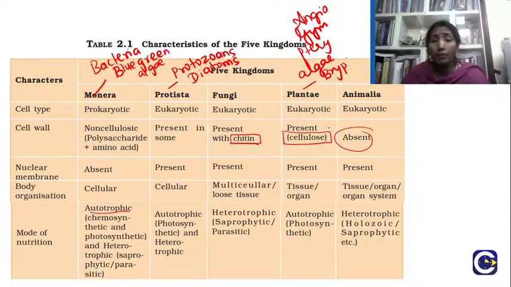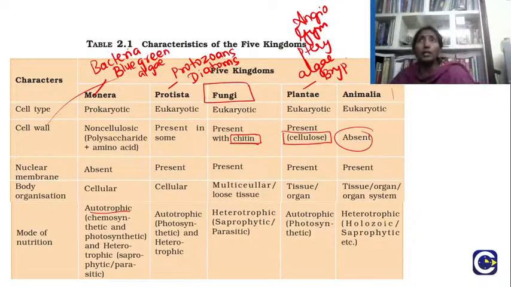Okay, then we have what is called the kingdom Animalia. They are only the eukaryotic animals, all were included in that kingdom Animalia. So this is the advantage. Here one of the advantages of this system is the fungi. The fungi is given a separate status of kingdom, so it's getting the advantage here.